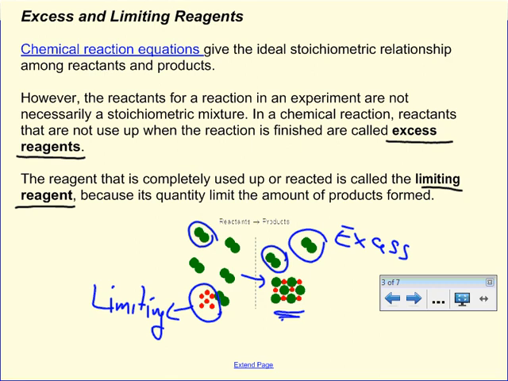Therefore it's in excess. And this happens in every single chemical system, because no matter what we do, just because of the limitations of our measuring systems, we're always going to have one being in a little excess of the other. And sometimes this is favorable according to thermodynamic conditions or reaction kinetics. We want at least one of them to be in excess to produce the product we want. So let's take a look at this